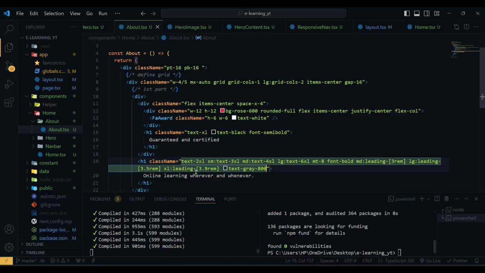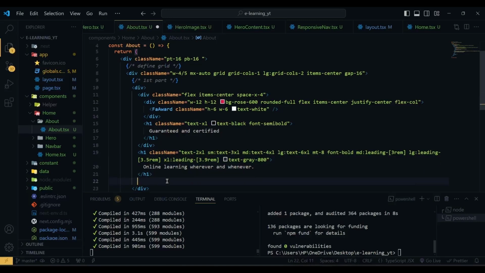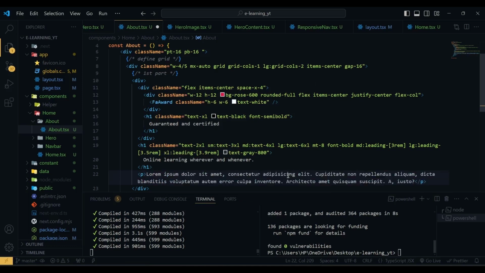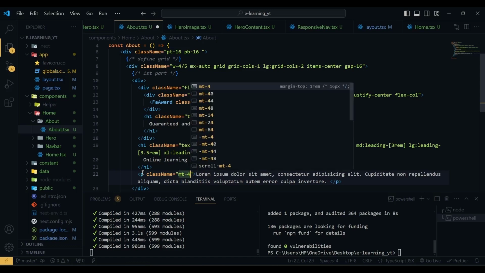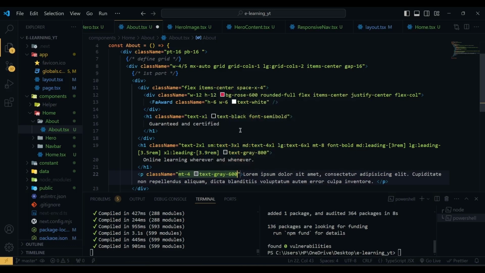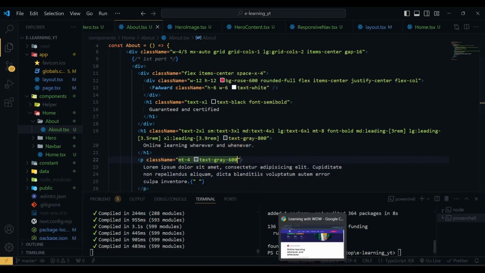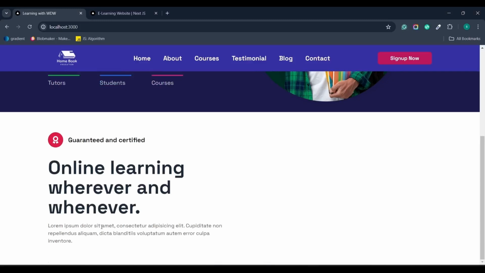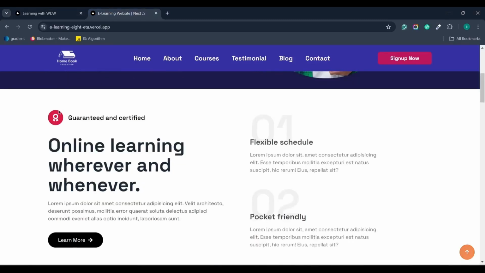Next after this h1 we have a p tag. So here I'm going to use lorem, and we're going to generate 25 characters. So let's remove some of them, and this p tag will have a class name of margin top of 4, text will be gray 600. Now if I hit save, and here you can see we have a short description just like this one,